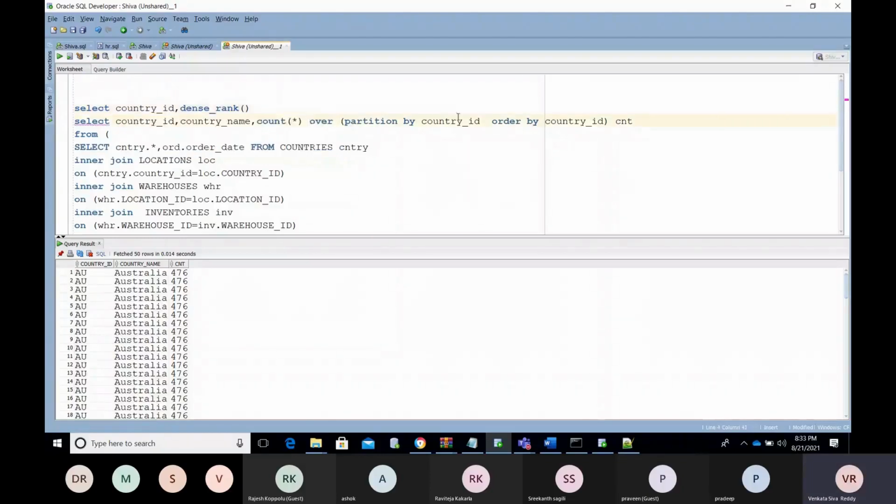Dense rank of, what we can say. So now I want to filter the data over the count, CNT, required from this table.